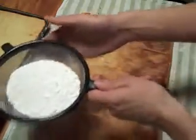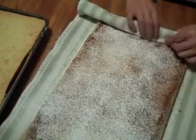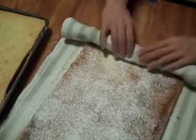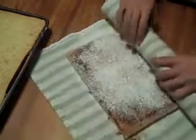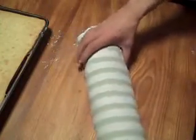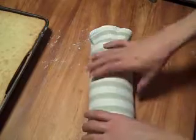Okay, you want to put powdered sugar on this as well. And then you want to go ahead and roll it up. Okay, once you roll it up, set it to the side, and we're going to go ahead and let it cool off all the way while we